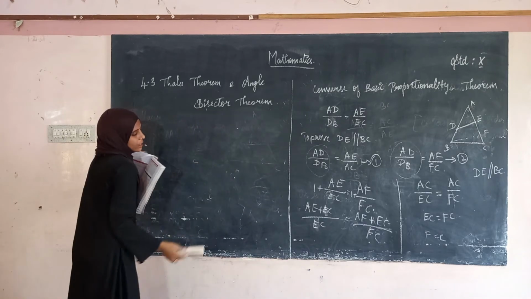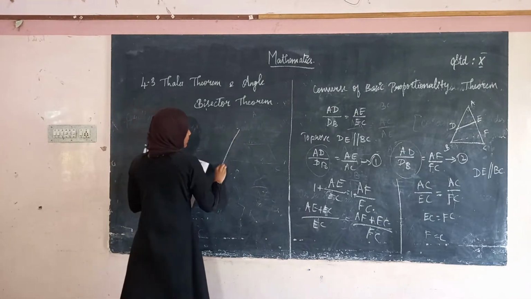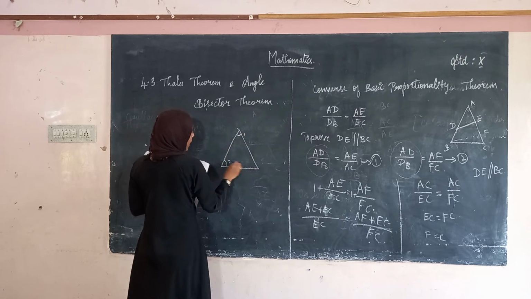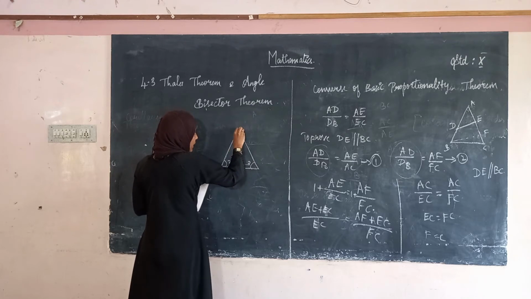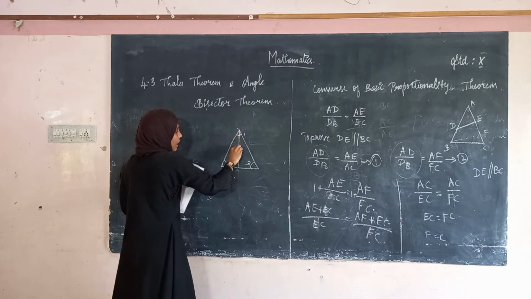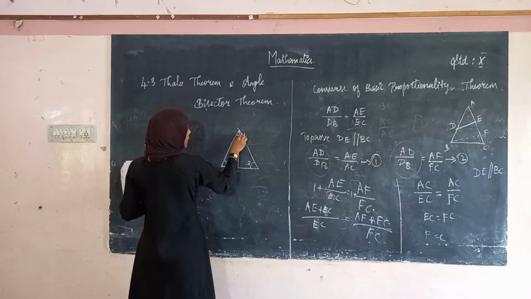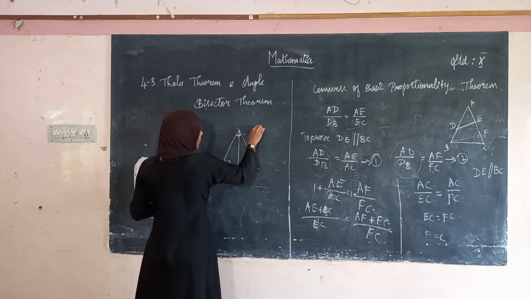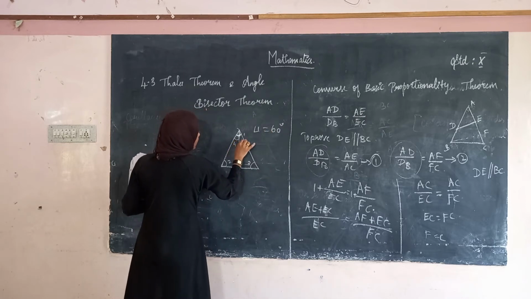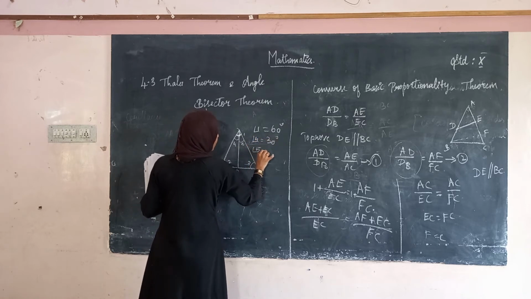Okay, angle bisector theorem. Before moving into this theorem, what does angle bisector mean? If this is a triangle, this is angle 1, this is angle 2, this is angle 3. An angle bisector means an internal line starts from this angle and ends on the opposite side, and it divides the angle equally. If angle 1 is equal to 60 degrees, and this is 4 and this is 5, then angle 4 will be equal to 30 degrees and angle 5 will be equal to 30 degrees.